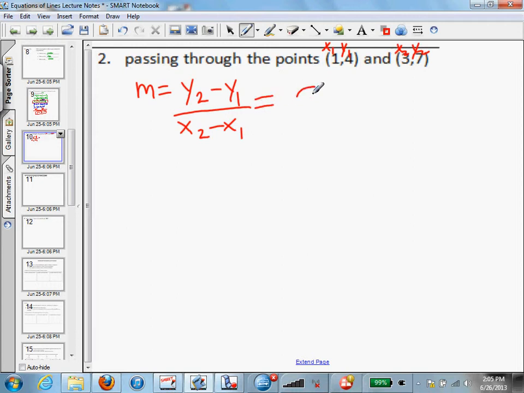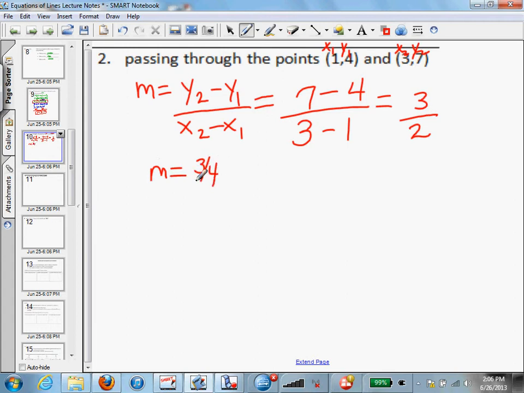So y2 is 7 minus y1, which is 4, over x2, which is 3, minus x1, which is 1. When you simplify, you have 3 on top divided by 2 on bottom. Okay, now that we have our slope,